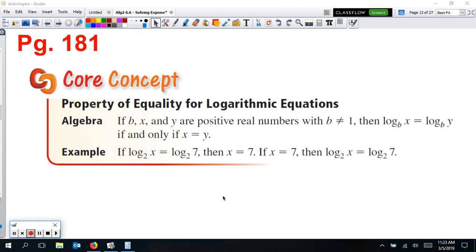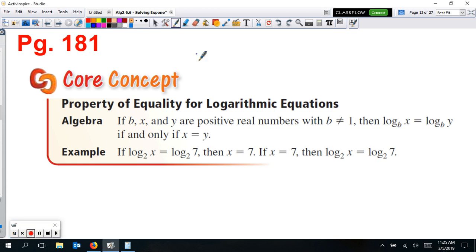Our next core concept, page 181 again, just right below the exponential equations, are logarithmic equations. So here we see kind of the same thing, but now just with the logs. We're going to notice the same idea going on here. We can, if we have a log of the same base on both sides,